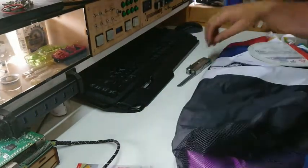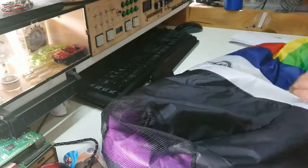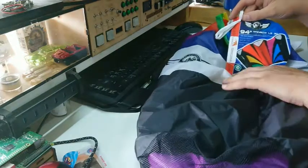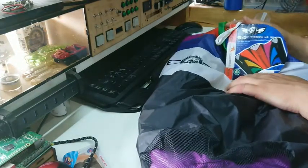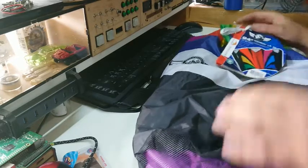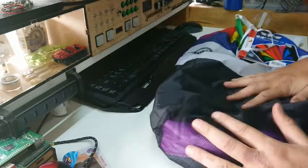So this is a foil kite with a bag that doubles as the tail. This is a 94-inch LS30 kite, which will be good from 8 to 40 k's an hour wind, which is about the right zone that I need. I will open this in another video,